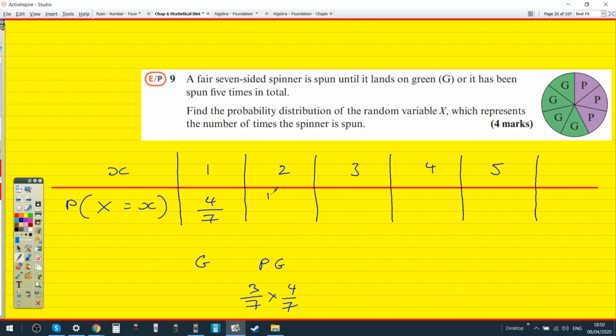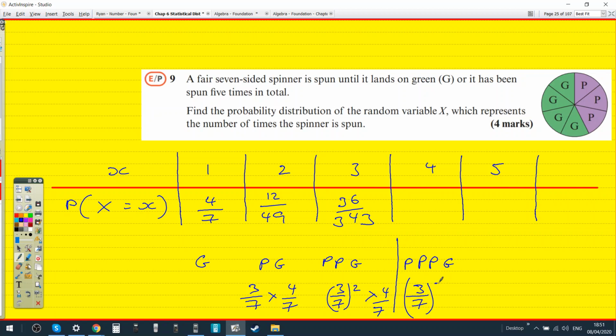And then for PPG would be 3 over 7 times 3 over 7 times 4 over 7, so 36 over 343. And for 4, it would be 3 over 7 times 3 over 7 times 3 over 7 times 4 over 7, so 108 over 2,401. And then if we did 1 minus all of that,